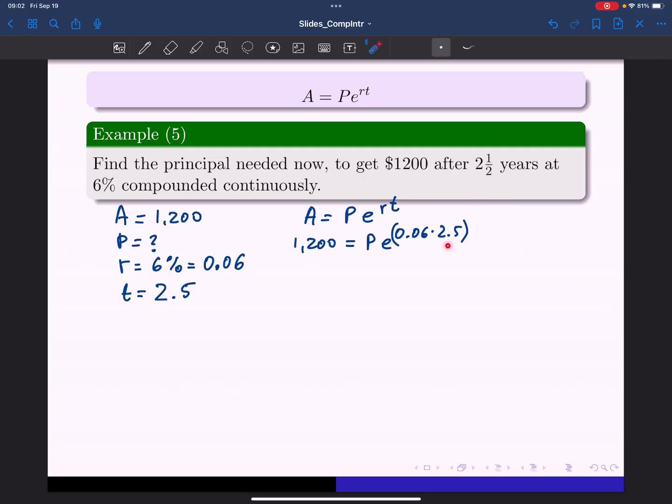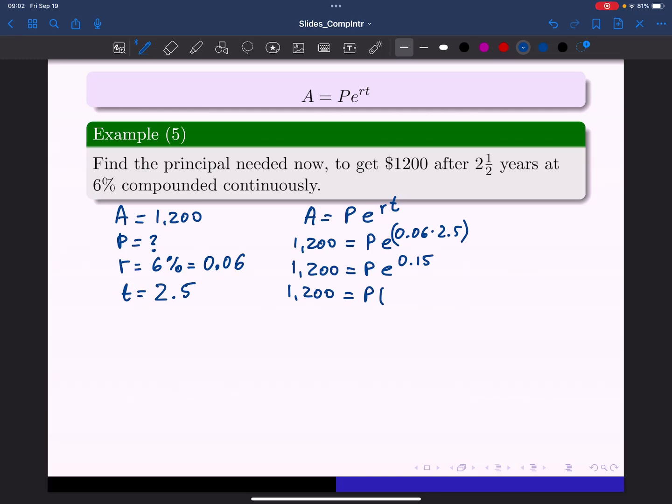0.06 times 2.5 is 0.15. So we have 1,200 is equal to P e to the power 0.15. Now use the exponent button and perform e to the power 0.15. So we have 1,200 is equal to P times